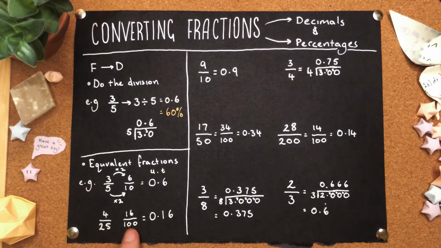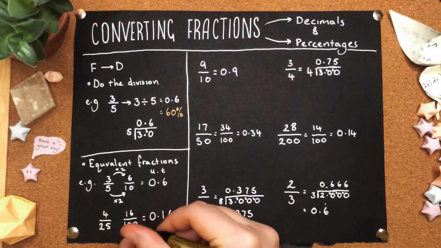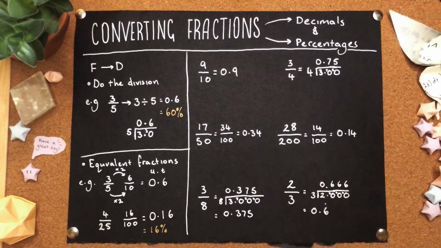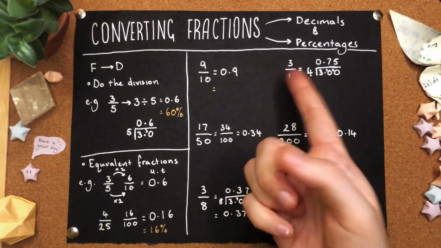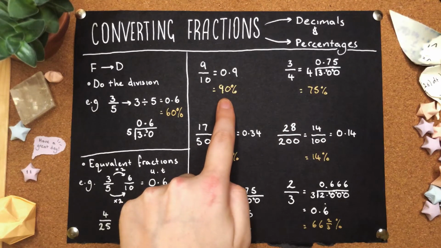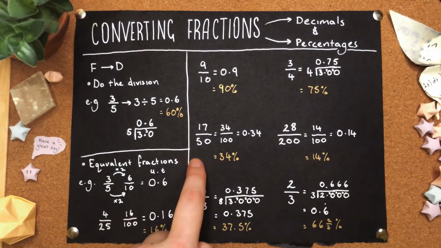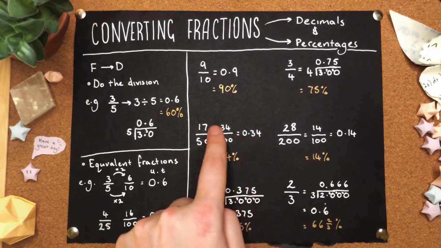4/25, well, we turned this into 16 over 100, that's 16 out of 100, so you can already say straight from there that that's going to be 16%. Have a go with the decimals that we've just done, multiplying them by 100 and remembering that percentage sign. Ready for the answers? 3, 2, 1. Okay, so our 0.9 is now 90%, our 0.75 is 75%,